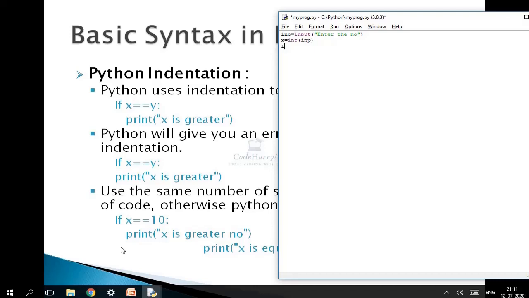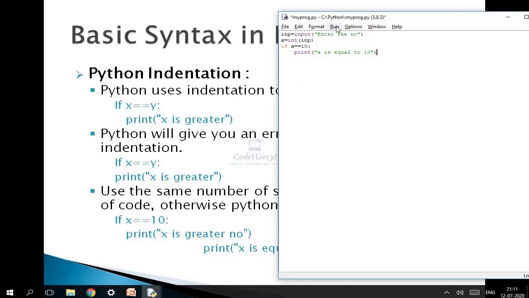Once I've got the x value, now I need to check if x is equal to y colon. Because this is an IDE, an integrated development environment, it takes care of your syntax. So it has directly put the cursor with the proper indentation. So here I'll write print x is equal to 10. Because we don't have a y variable, I'll write some random number here, and that's all. So let's see how it works.